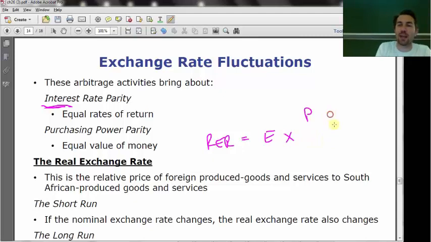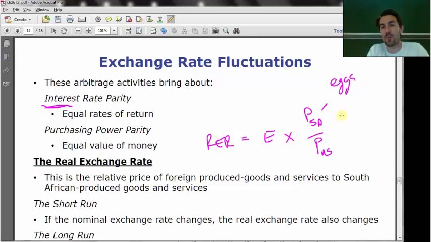So let's say the price in South Africa relative to the price in the US. Okay? So if eggs cost 10 Rand, so let's say eggs, okay? If the price of an egg in South Africa is 10 Rand, and the price of an egg in the US is $1, okay? Then our exchange rate should be